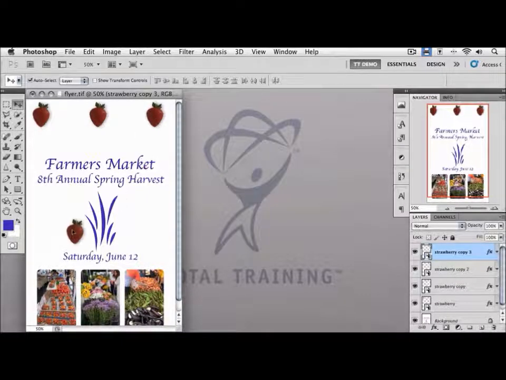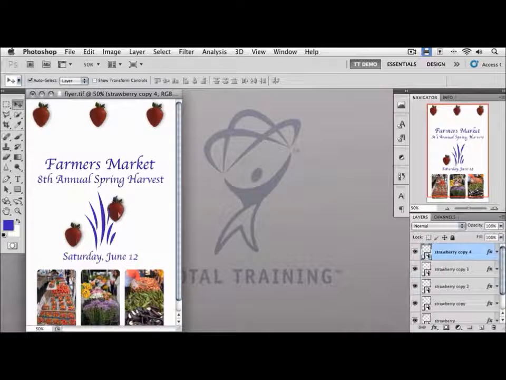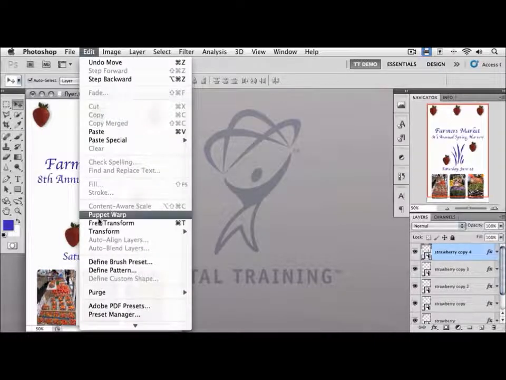We'll bring this one down here, and the final one we'll put over here. Now we have 5 strawberries in our image, and we can adjust them individually. Clicking with the Move tool on this strawberry, I'm going to go up to the Edit menu and select Free